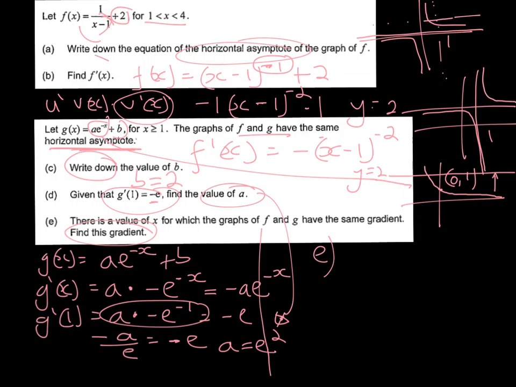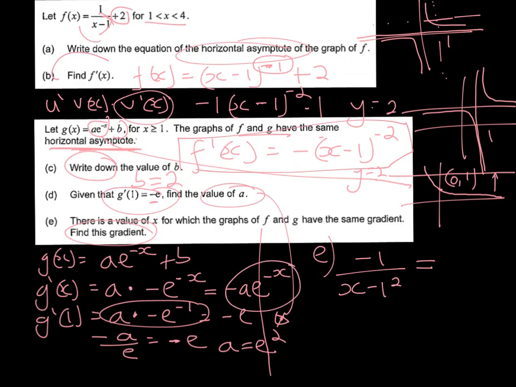So we've said from part B up here that our derivative function for f is this, which is the same as negative 1 over x minus 1 squared. And therefore, we need to set that equal to the derivative function for g of x, so g dash x, which we've got here. However, we've said that a is equal to e squared. So I can replace the negative a with negative e squared, and that's going to be all over